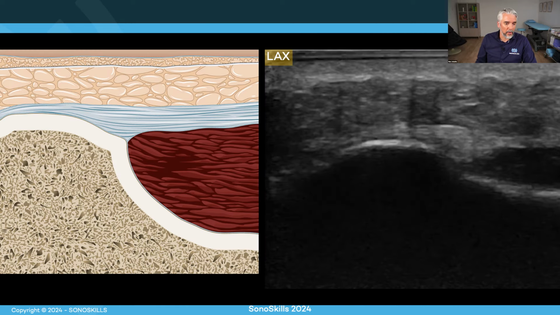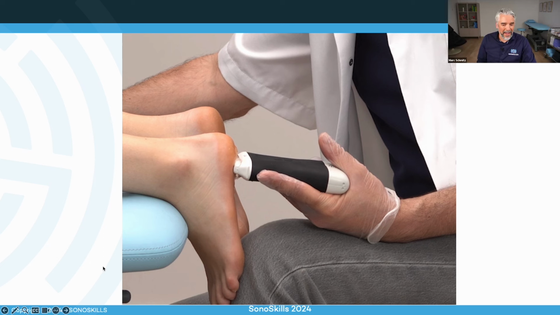If we are going to scan this plantar fascia, then this is the anatomy we will be seeing. We will see the heel bone with attached to it the plantar fascia. On top of it, we see the heel fat pad, and underneath the plantar fascia, we will see the flexor digitorum muscle. After having checked it longitudinally, we're going to turn the transducer in transverse, and then we're going to